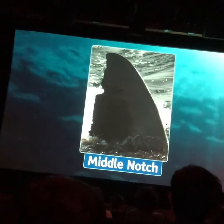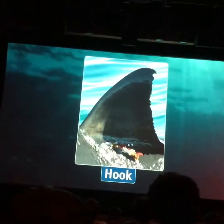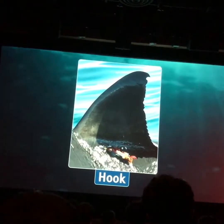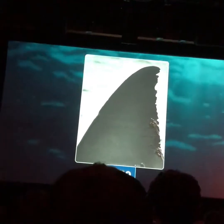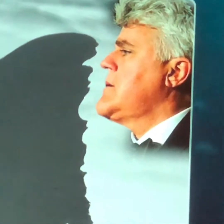Now, you've already met Middle Notch. There's one named Elvis. This is Flat Top. We've got one we call Tom Johnson. Here's Hook. And for a lot of us, our favorite is Leno, and here's why. Pretty good, right? Okay, so in addition to photographing their dorsal fins, we also want to know where they travel,